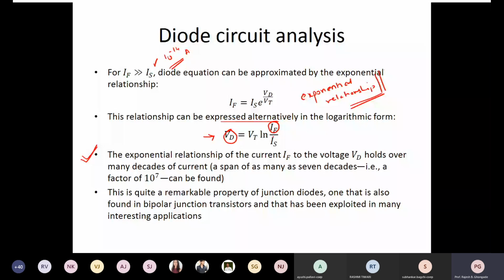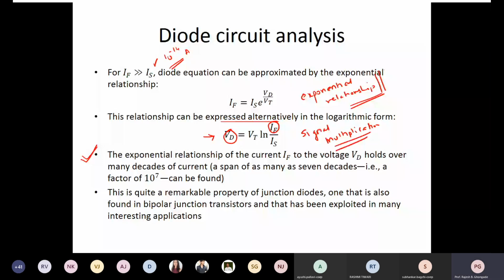But this is basically a very interesting observation, that there is an exponential relationship between current IF and Vd. Now, why does this exponential carry so much importance, do you know? If I want to multiply two quantities, what I can do is add the logarithmic equivalents of both quantities, find the total, and then get the antilog. So this signal multiplication operation is very nicely done by this exponential relationship.